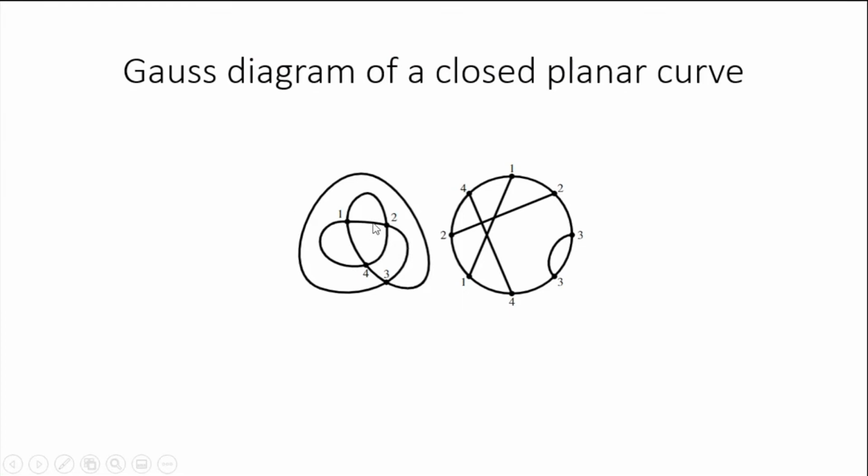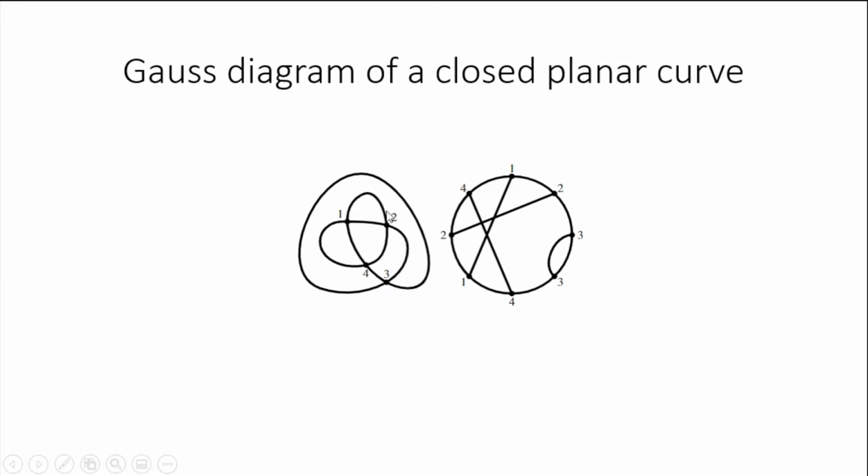So here is a curve. Imagine that you are a little train going along this curve. And before you start traveling around the curve, you denote each crossing on this planar curve by a letter or by a number. So here, for example, crossings are 1, 2, 3, and 4. Now, suppose you are a little train starting from 1 and going along the curve. You go in this direction, 1, then 2, then 3, then you go all around this large loop. And then the next crossing you see is 3, then 4,